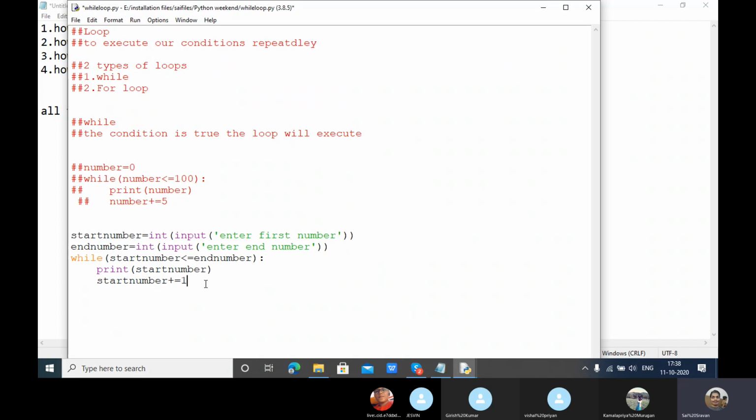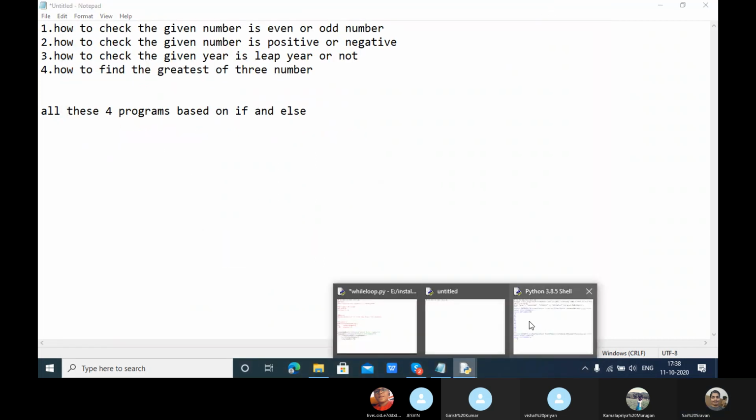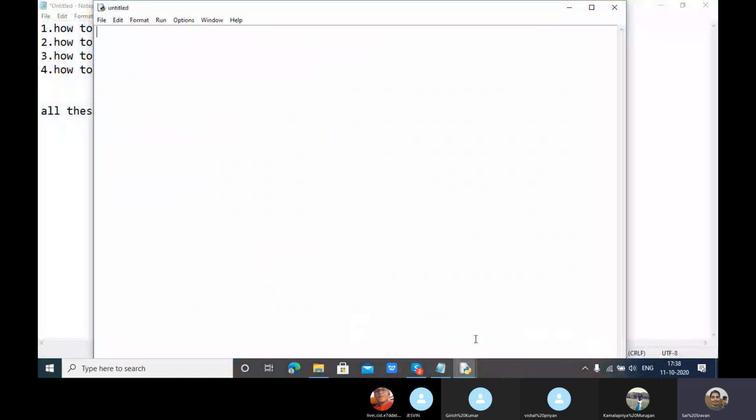So this is about the while loop. Now in the while loop, we'll see how to decrement the values. For decrementing, instead of user input, I'm taking a number a equals 100.